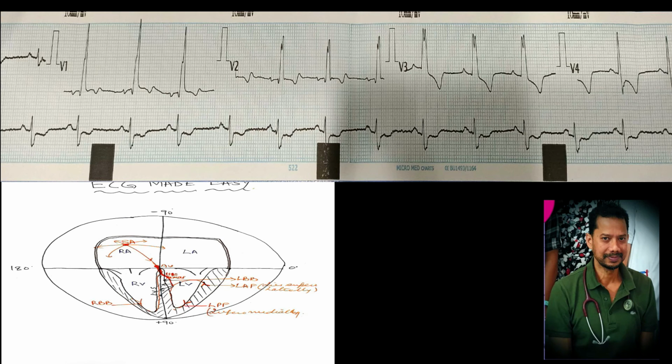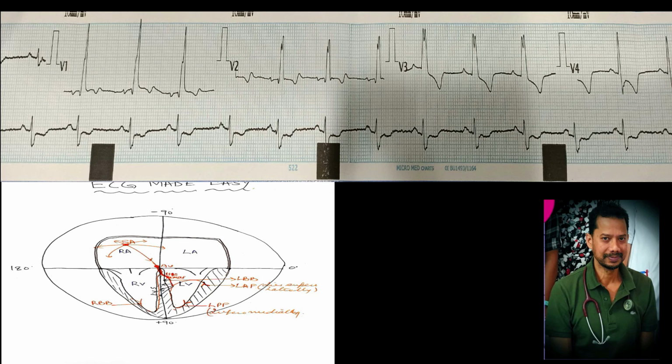Then this left bundle branch is sending the electrical current to the right ventricle to depolarize it, because the right ventricle also has to contract. So it will form another positive wave which will be called R dash. So we call it R S R dash, or rabbit's ear. Again, whenever there is an R wave getting formed in V1, V2, there will be an S wave in V5, V6. So this is how you should correlate the different leads and the different R waves and S waves in the opposite leads.